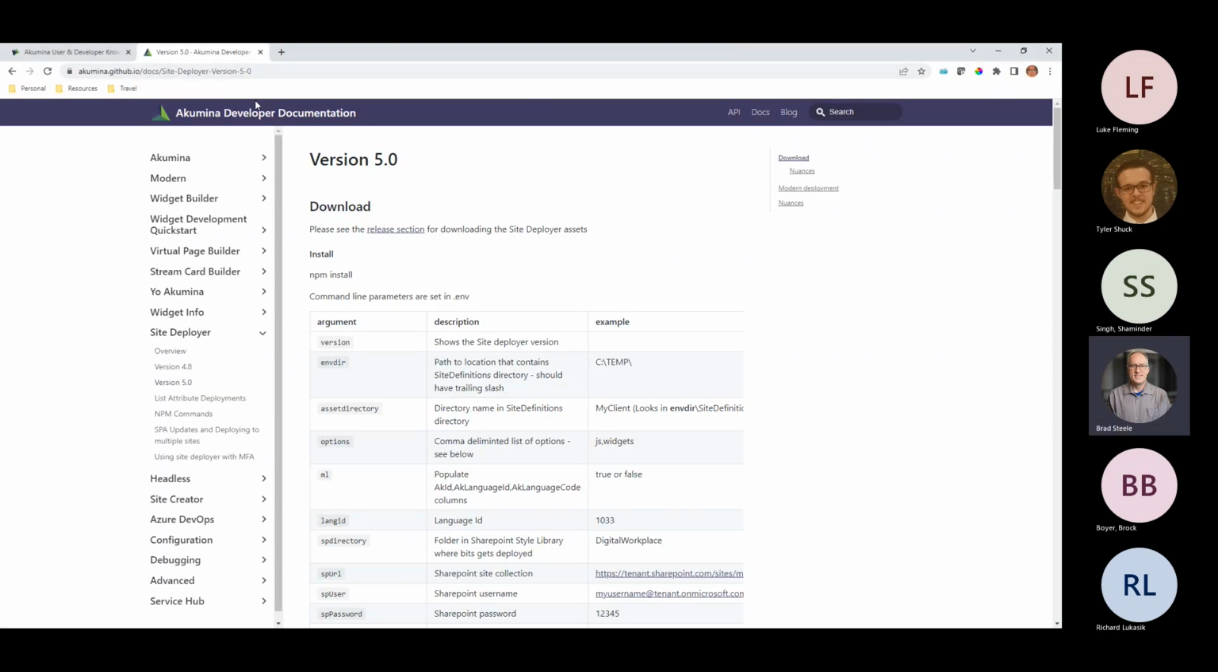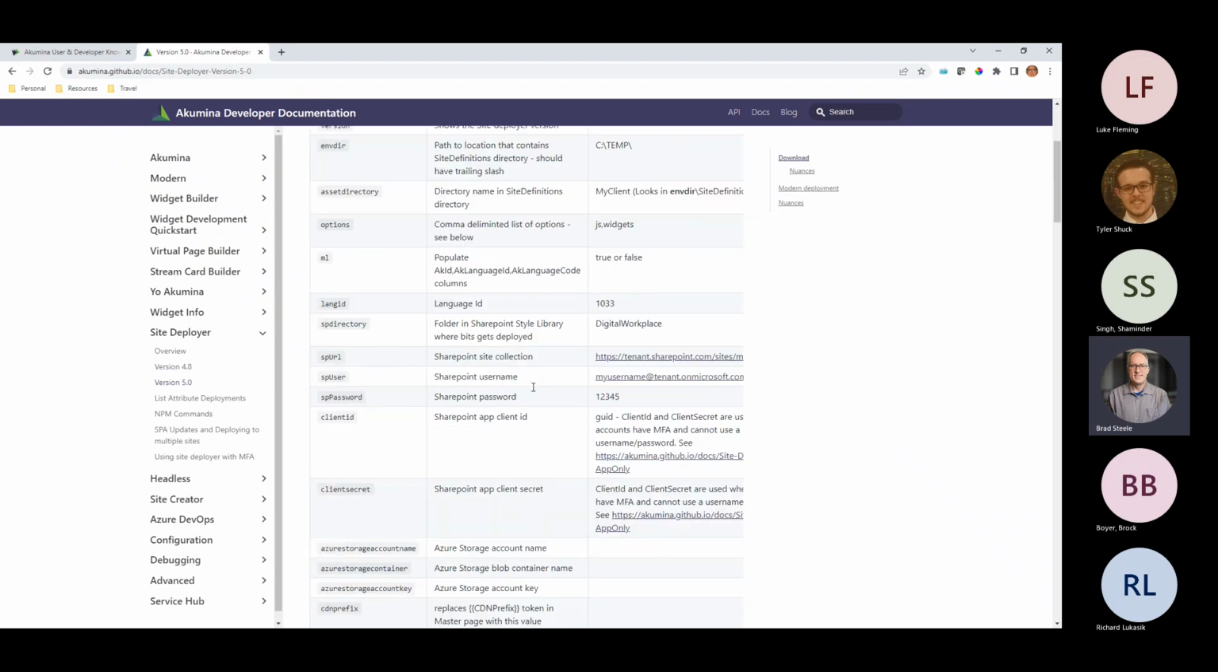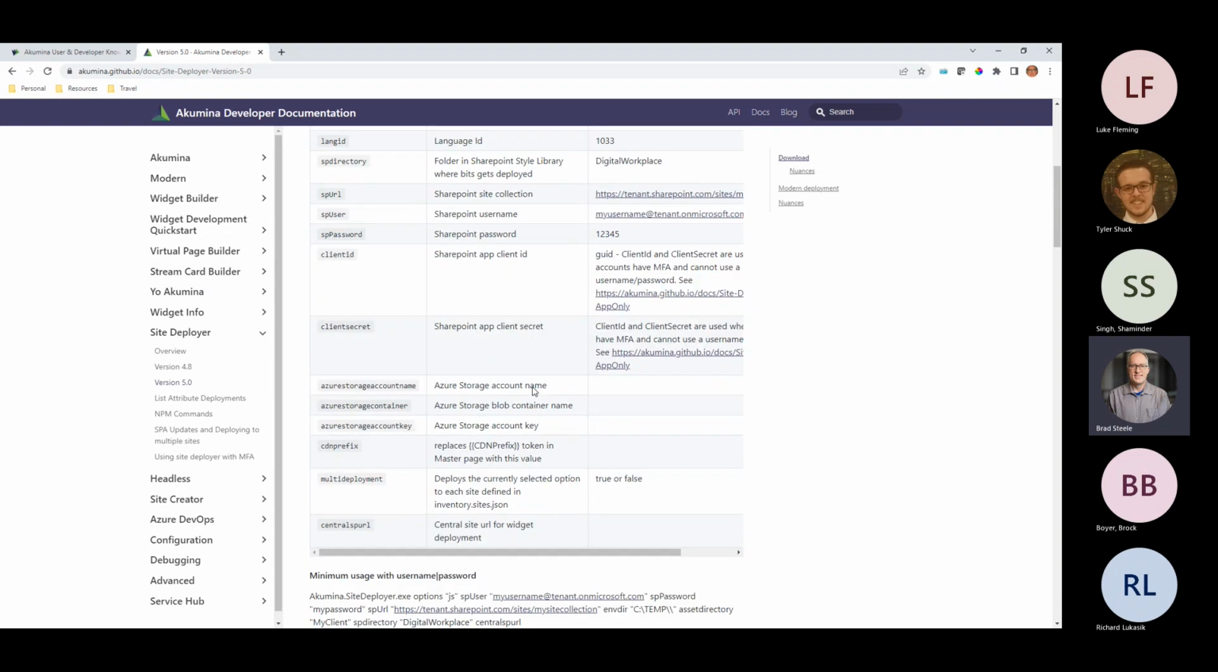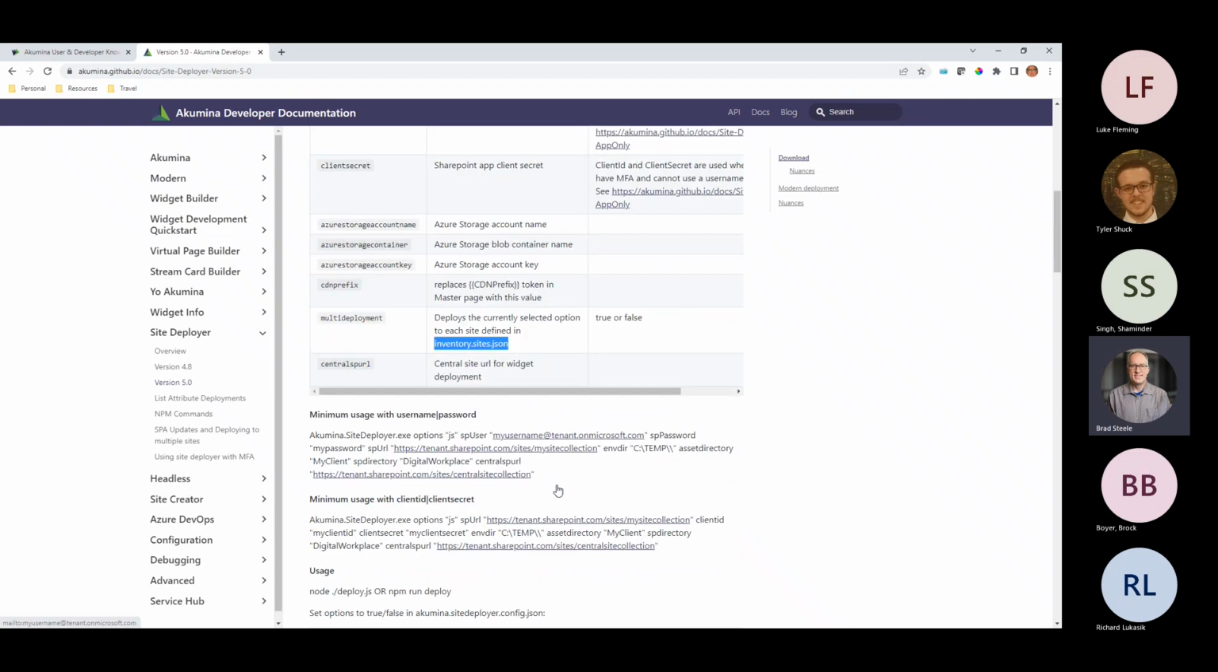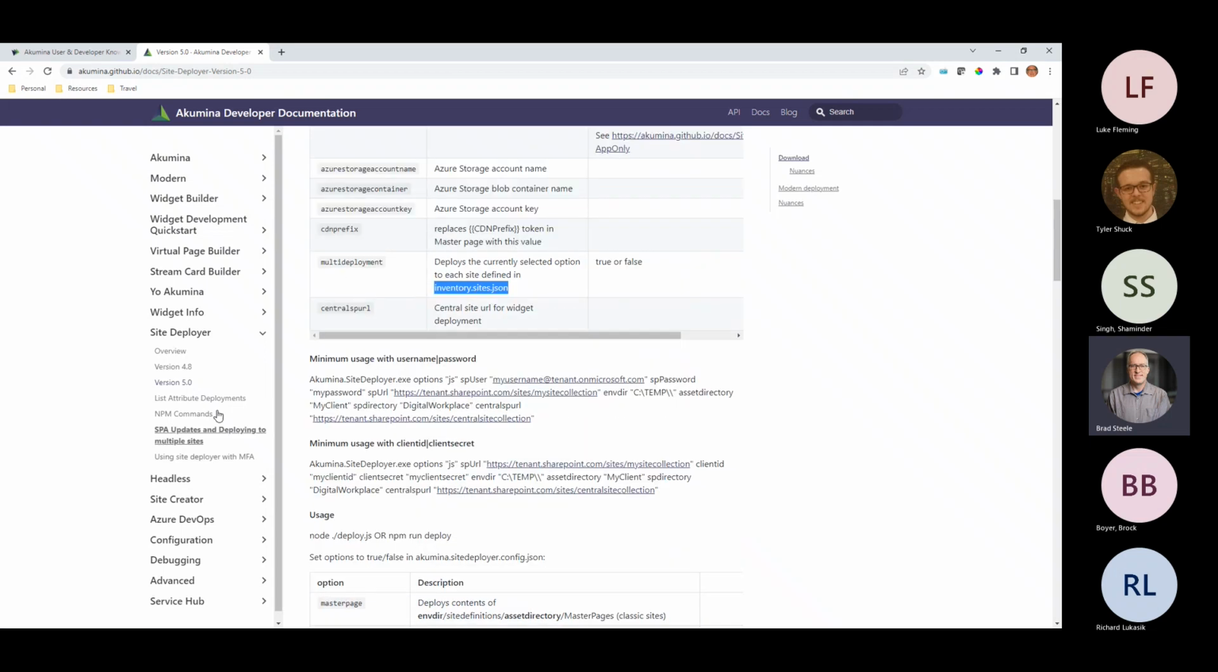In the Learning Center, in that developer documentation that we shared yesterday, you'll find the site deployer information. In here are all of the variables that matter in your .env file, and you'll notice right here, multi-deployment. The file you need to create is called inventory.sites.json, and